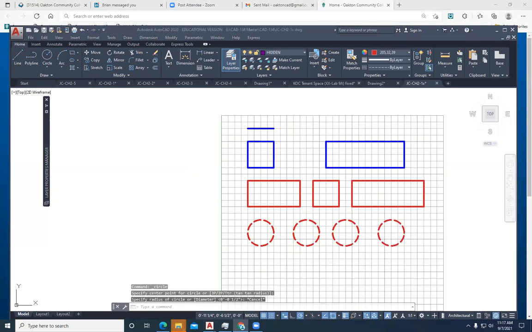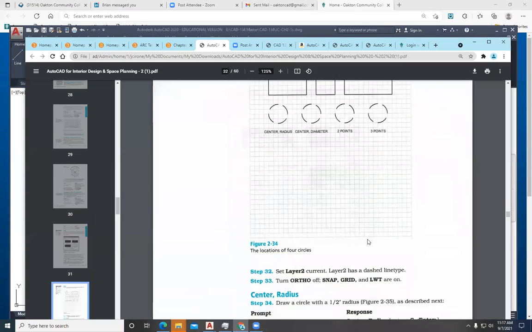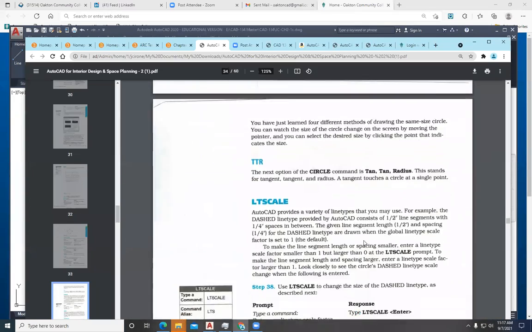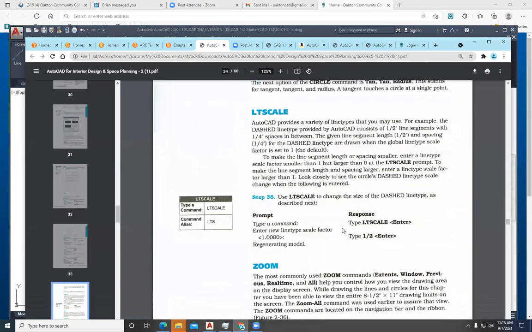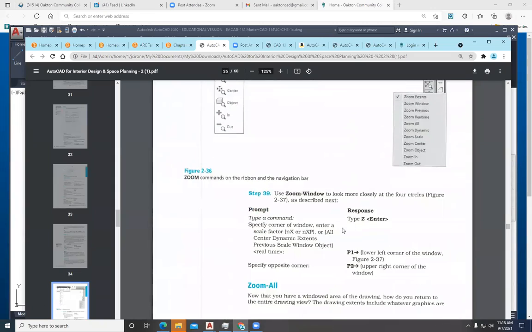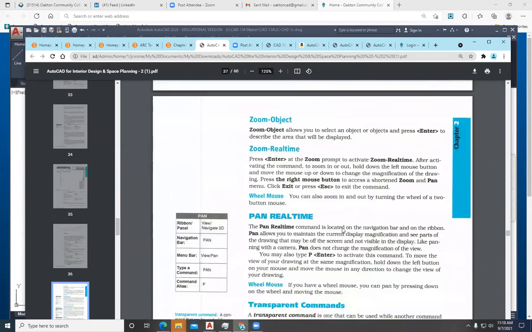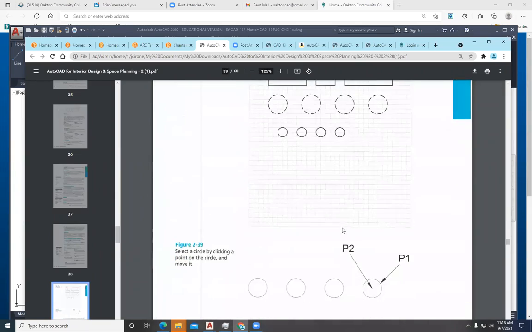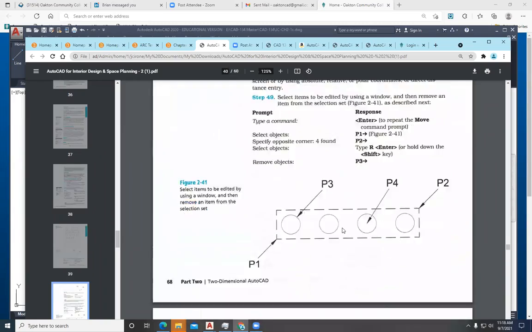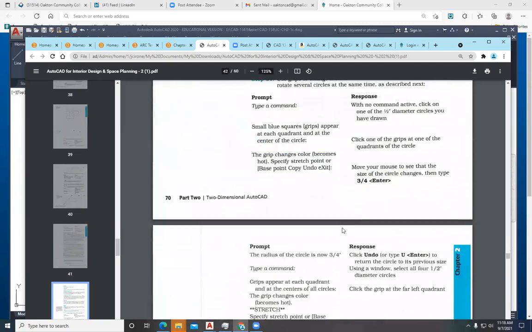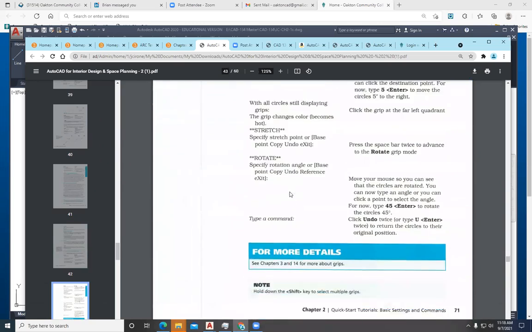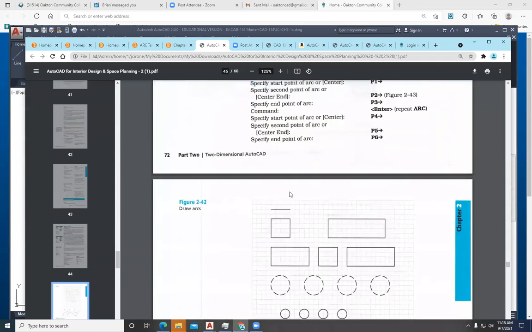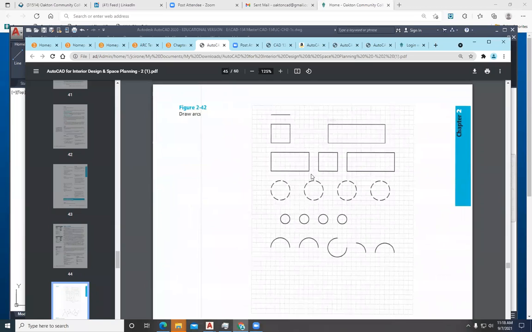All right, so this exercise then is almost complete. Joe, can I inject one thing? Almost. Let me just show a couple things and then we'll come back to it. LT scale will adjust the dashes on the hidden lines, and then zooming, redrawing. And so we draw a few more of these circles, and then we draw a donut. And they use a lot of different methods for erasing and changing it. And so you're welcome to read through all of this, but essentially, if I want to draw these other shapes,